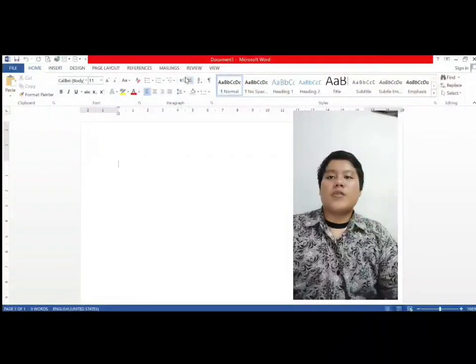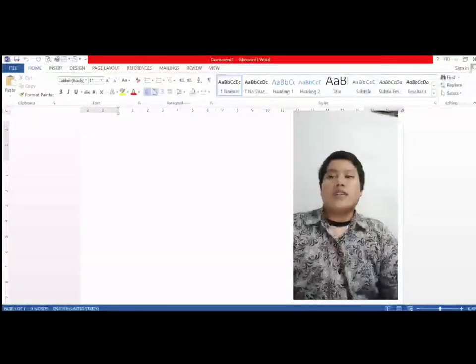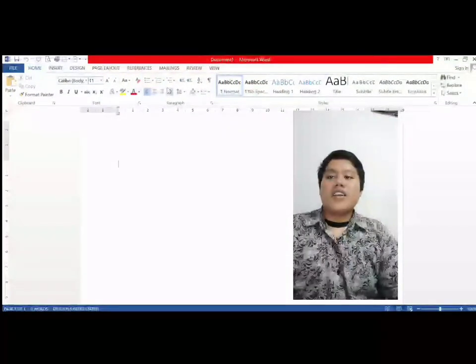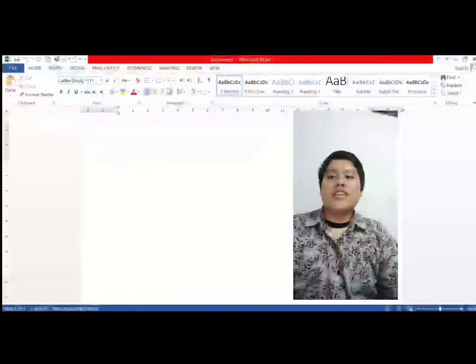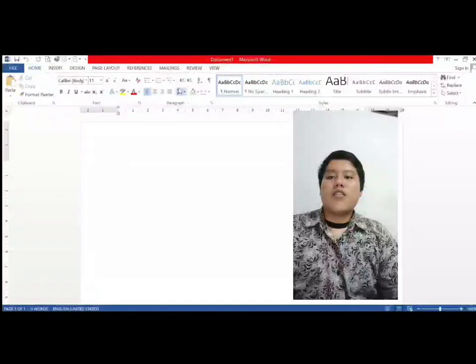away from the margin. This icon is the function to align your content with the left margin, and this icon is the function to center your content on the page, and this icon is the function to align your content with the right margin, and this icon is the function to distribute your text evenly between the margins, and this icon shows how much space appears between lines of text or between paragraphs.